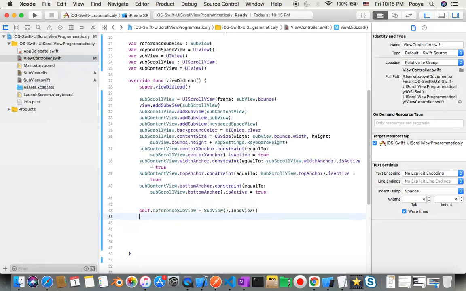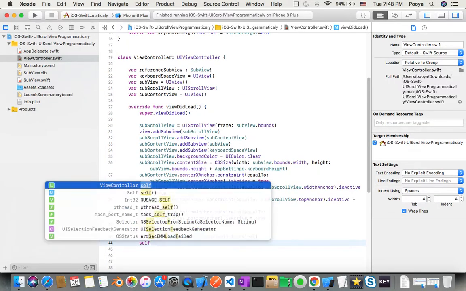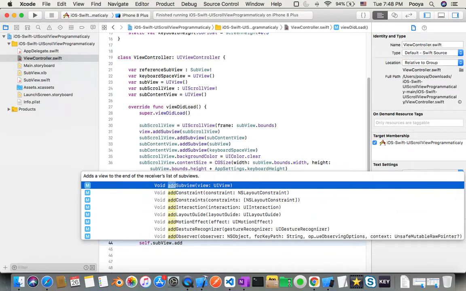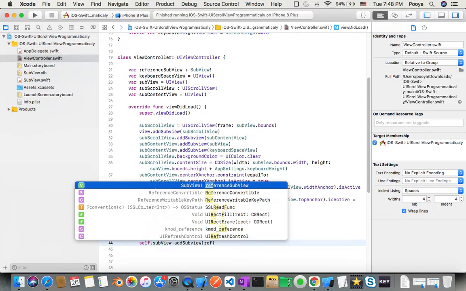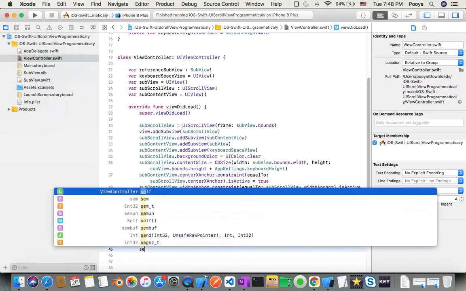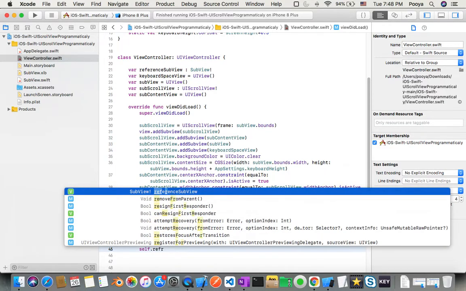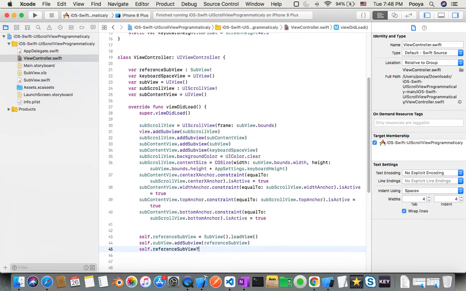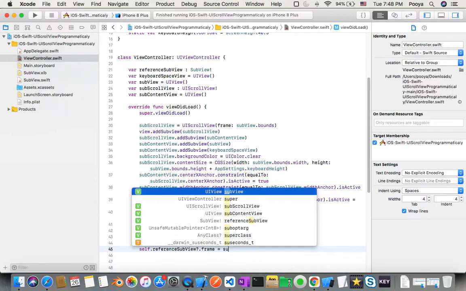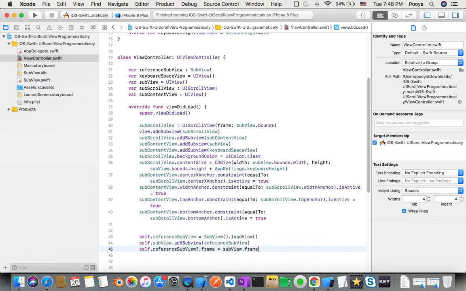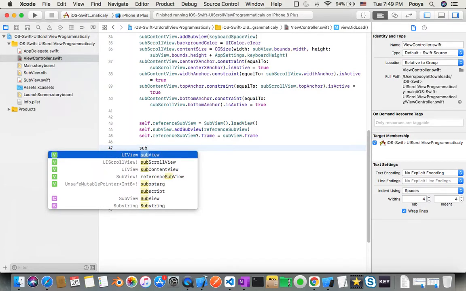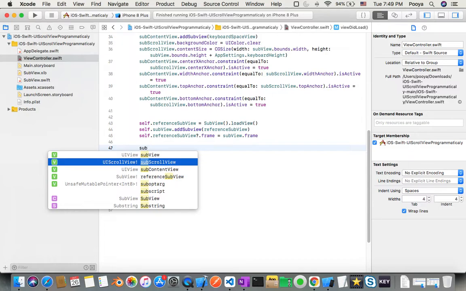and now so self dot subview dot addSubview, we're gonna add referenceSubview, and self dot referenceSubview, we know that this is optional, dot frame equal subview dot frame. Okay, subview, actually not, scrollView